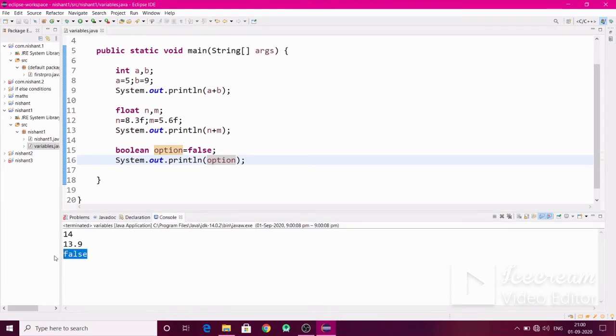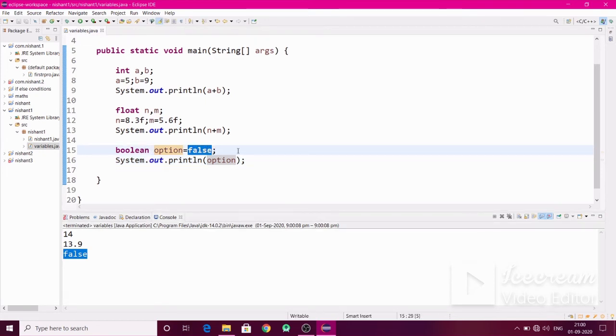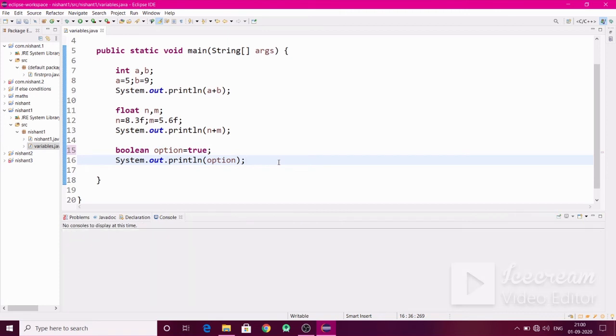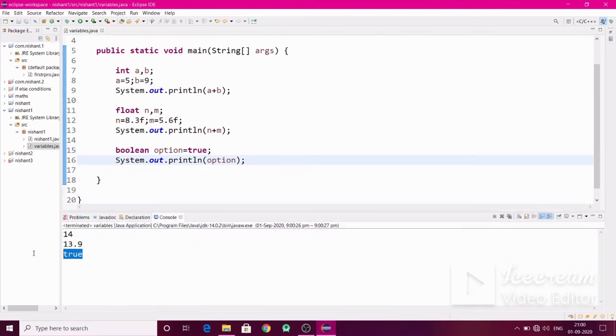Here it comes, the program has printed false. So like this, boolean only stores the value false or true. Here you can change the value from false to true and then run it. The program will give you the true value. So like this you can use boolean.